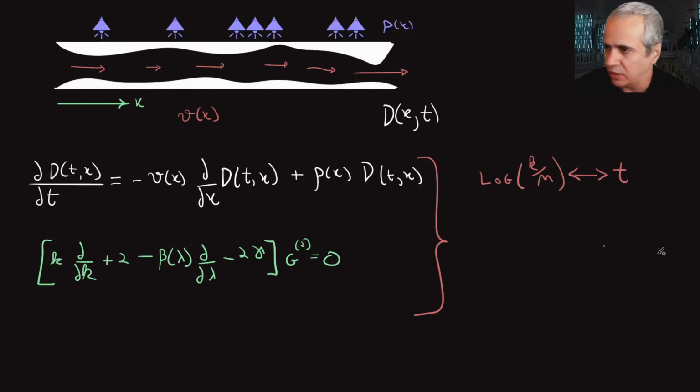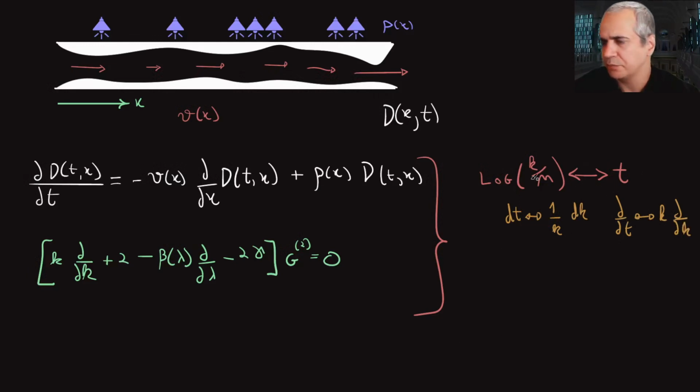And if you're confused about this, just remember that dt is mapped into 1 over k dk, right? And that means del t is k del k because of this relation, right? Just take the derivatives on both sides here, and then you get k del k over there,